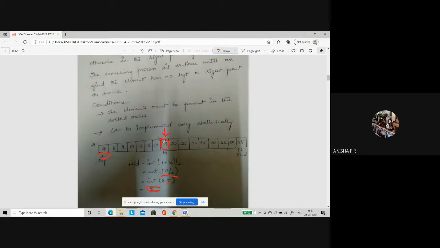If the element is found, had 45 been here directly, your algorithm is done, your binary search is done, your result is out. If it is not, then you compare: is 45 greater than this number or less than this number? If it is greater, the searching starts on this side. If the element you would like to search is less than the number, then it goes to the left side. Understanding it? So first, what did you do? You did a divide and conquer method. You divided first. This is the divide part. You have divided the entire array into 2 parts.